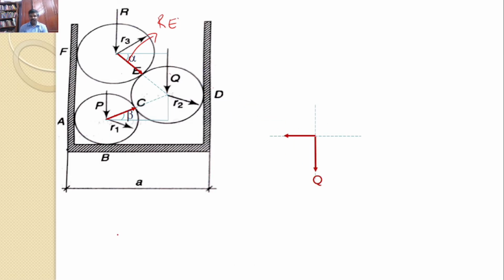Force is Q and this is RD, and this value is RE, already you calculated, and you know that the next force I am transferring, that is RC. And you know that RE makes an angle alpha with the horizontal. This one already you calculated, alpha value is also known. Now RC makes an angle beta with the horizontal. Let us try to find the value of beta.